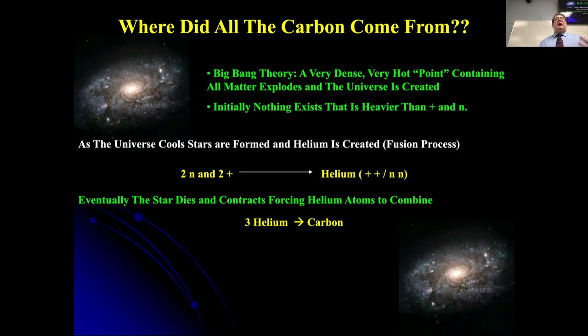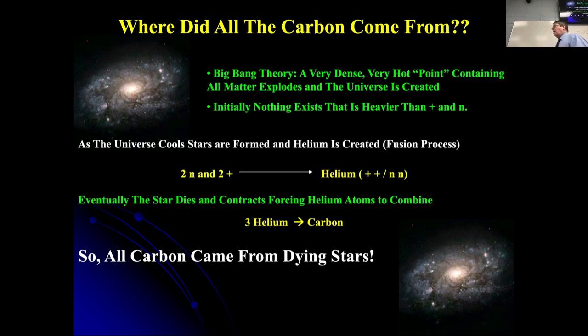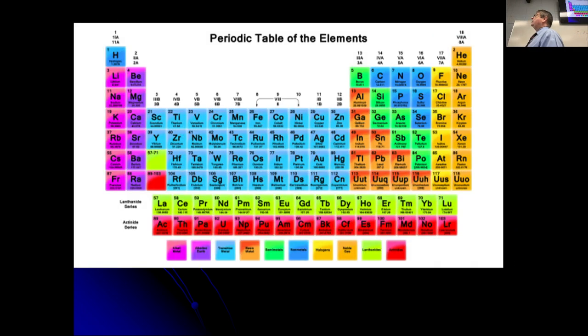Carbon is really nothing more than 3 helium atoms that happen to come together and form a new molecule. And this can happen in a dying star. We actually can observe this happening in dying stars. So chemistry and astronomy do have a connection. There are chemical astronomers that study the stars. And we do know that stars produce carbon when they're dying. And so it's believed that we are all made of stardust. That's kind of amazing to think about, I think, right? Kind of cool. Okay? So all of the carbon came from dying stars.